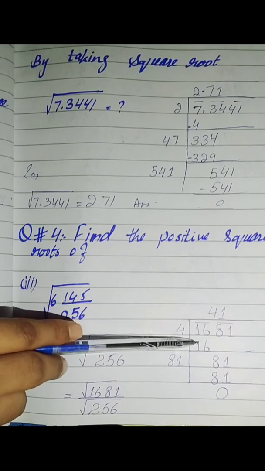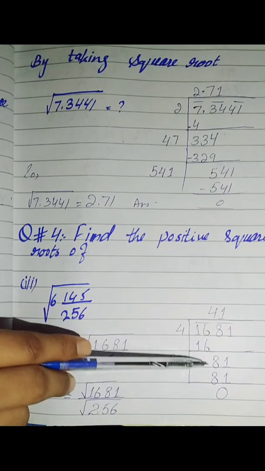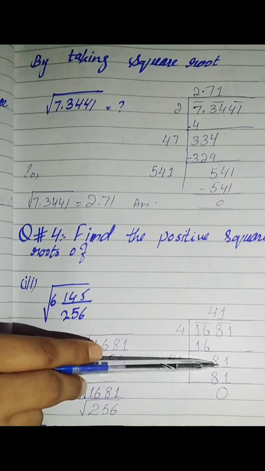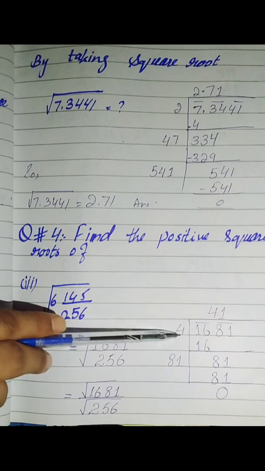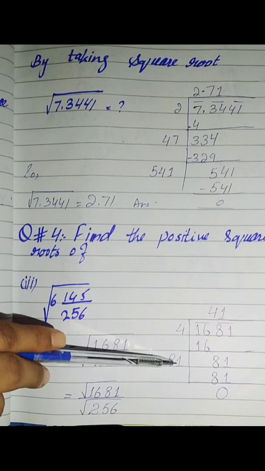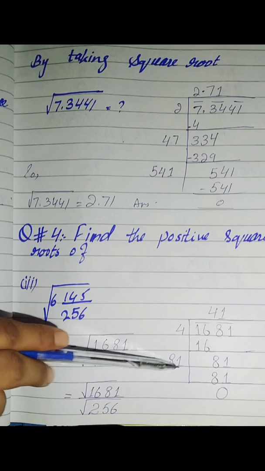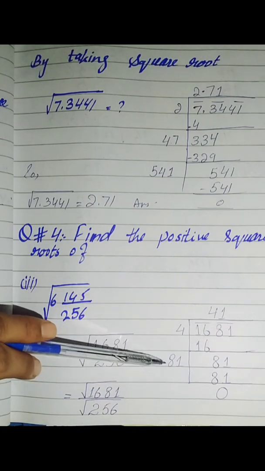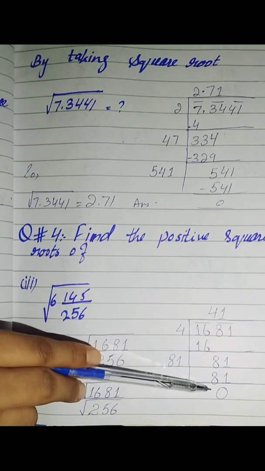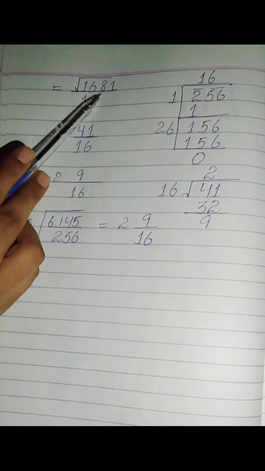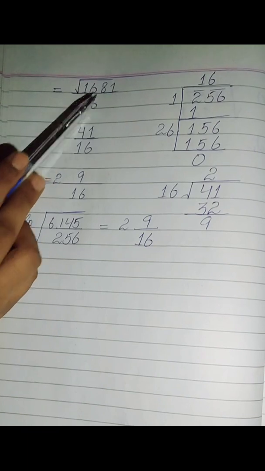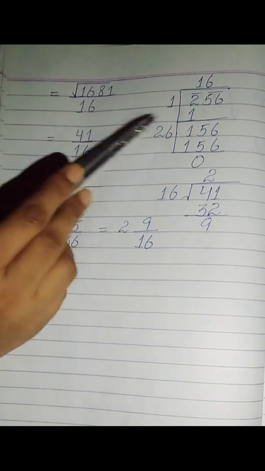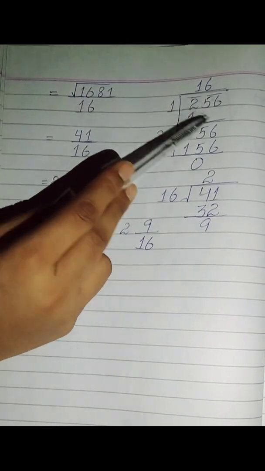4 4s are 16. Subtract 16 from 16, we have 0. Bring down the pair, which is 81. Now double the value 4, which is 8, and take another value as well as quotient and divisor. We want 81, so we get 1 as well as quotient and divisor. 81 multiply 1, we have 81. 1681, it means that square root of 1681, we have 41, and the square root of 256, firstly we make